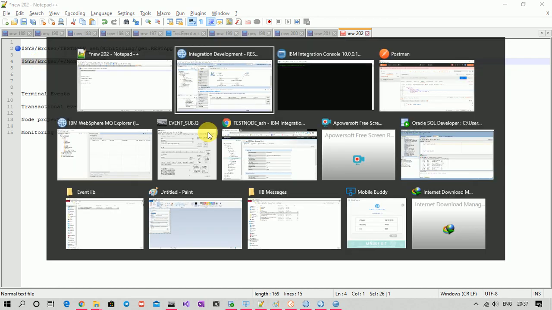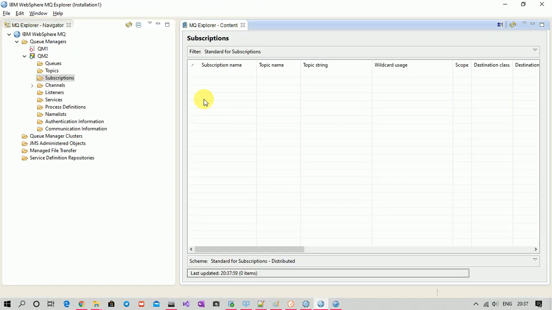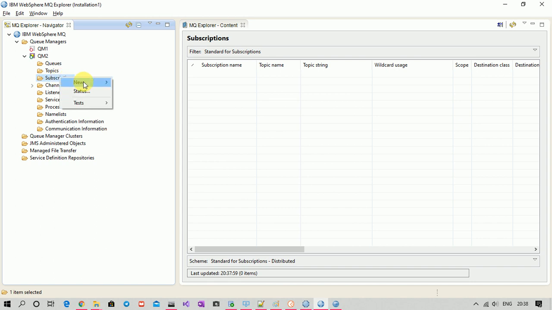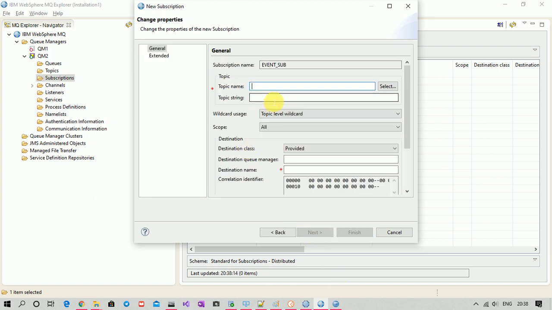Now go to MQ Explorer and create a subscription. Here will be the subscription name; give any name. Next, the topic string is this. For the destination name, give any local queue name.